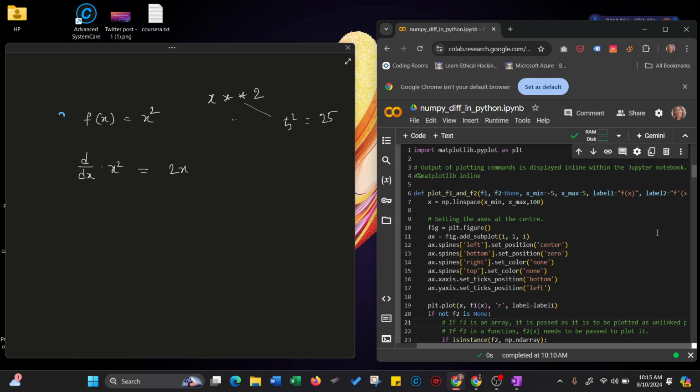Label 1 and label 2 here. These are the labels for plot f1 and plot f2. Next, in line number 7, we are creating an array x of 100 evenly spaced points between x minimum and